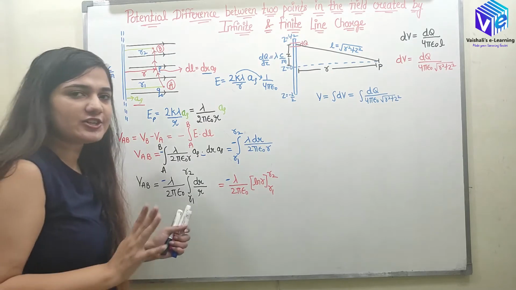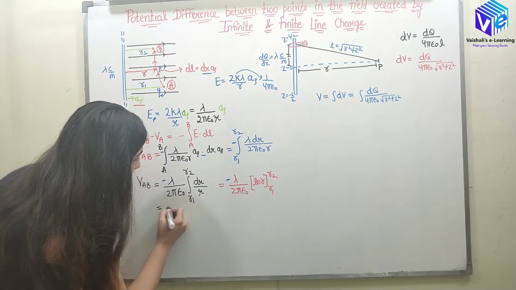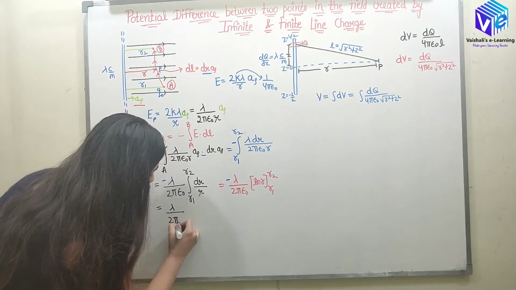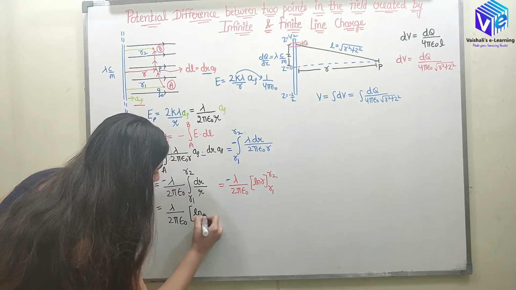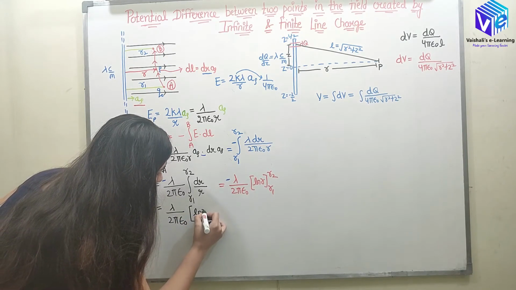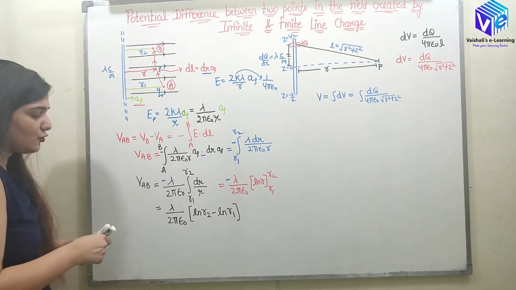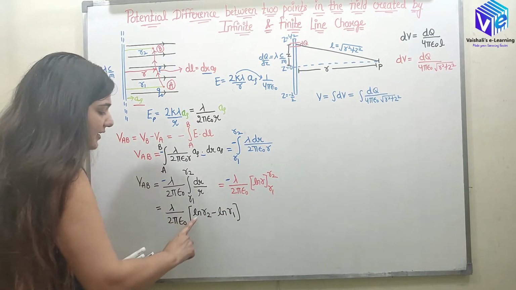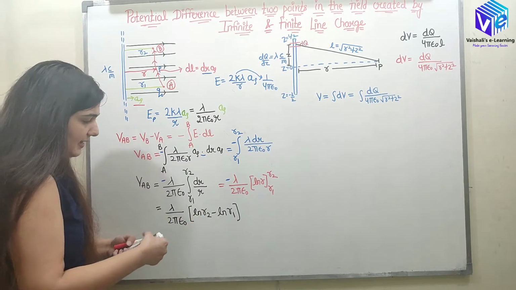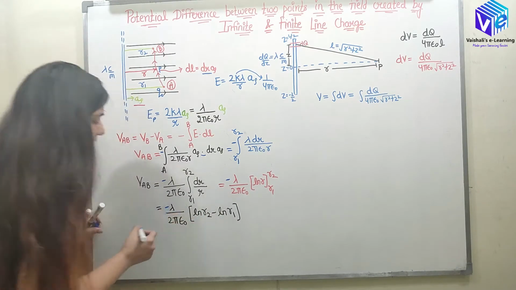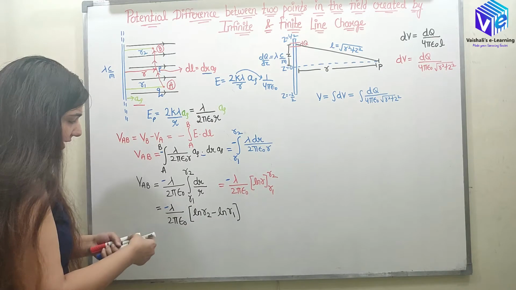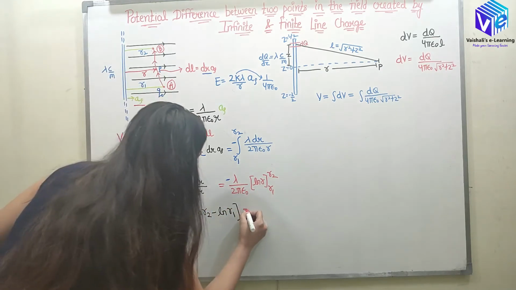Now we will be just rearranging it. Okay, so it is lambda upon 2 pi epsilon naught ln r2 minus ln r1. So now if I take this negative sign inside,